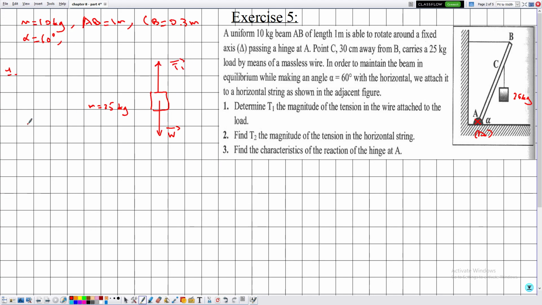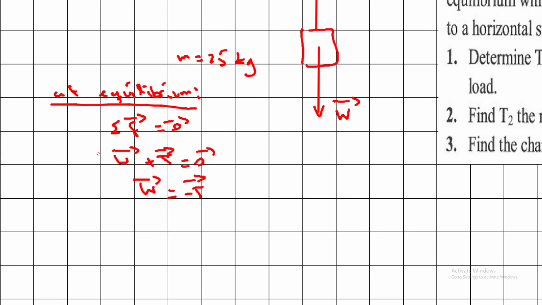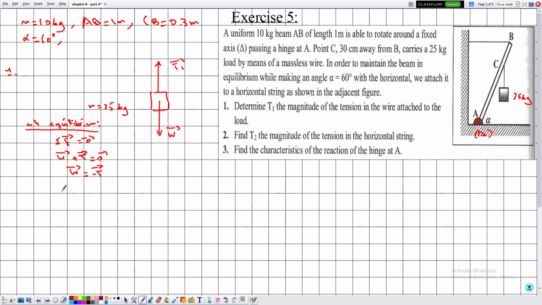We can directly say at equilibrium, here we are talking about translational equilibrium of the solid S. Now we have that the sum of forces is equal to 0. Weight plus tension is equal to 0 vector. So W is equal to minus tension. Here no need to project anything because this is a vectorial equation, only consists of two vectors. So in magnitude,